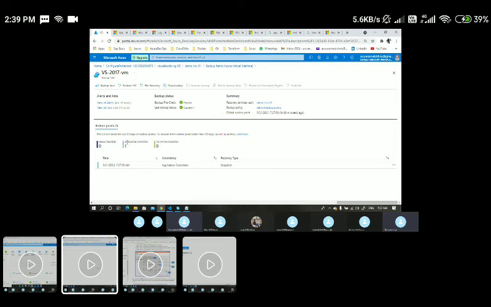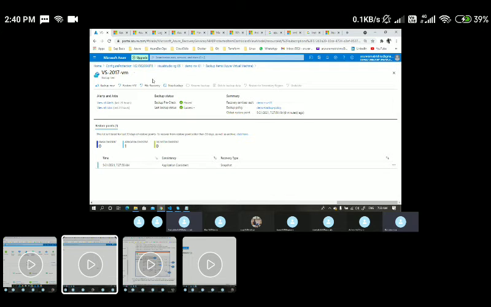We'll talk about crash consistent, application consistent, and file system consistent also. Application consistent is when the VM is up and running, and it takes an entire backup of your application. Crash consistency is when your VM is shut down, let's say another VM is shut down. When you perform the backup then, that backup item will be stored as crash consistent, which means you will not have live data. That is about crash consistent, application consistent, and file system consistent. When we perform the backup for the file system, we'll talk about that later. And here you can see we have taken a backup which is completely application consistent.